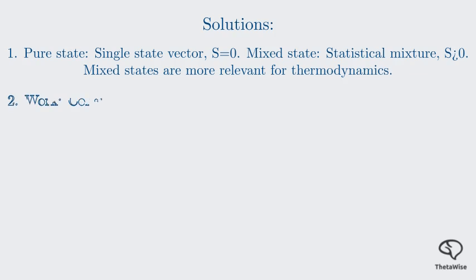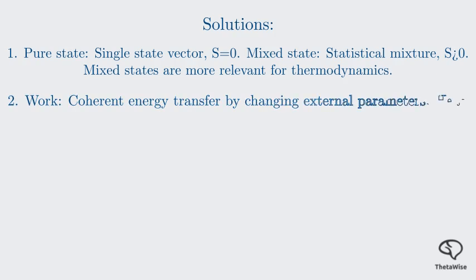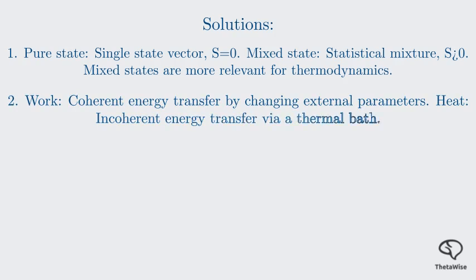For the second question, work is the energy transferred by changing external parameters of the system, like a magnetic field. It's a coherent process. Heat is the energy transferred through incoherent interactions with a thermal bath, and it's associated with entropy changes. For the third question, quantum coherence is the ability of a system to be in a superposition of